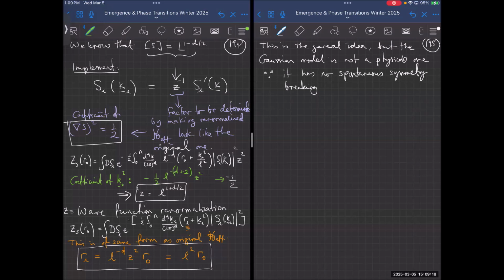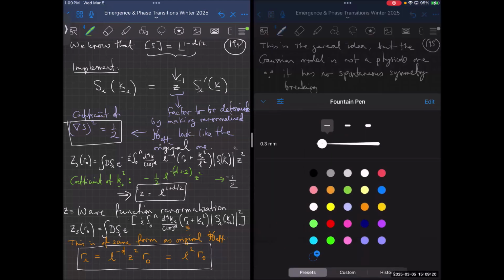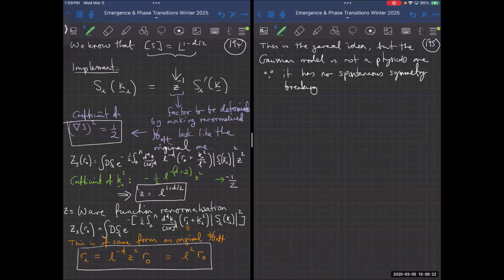So remember that when we have spontaneous symmetry breaking, what happens is that we start off with our Landau free energy, and now I'm just looking at the spatially uniform case. So we have something like this. That's our Landau theory. And now what happens is when dL by dS is equal to 0, that means that either S is equal to 0 or S squared is equal to minus r naught over u naught. And so